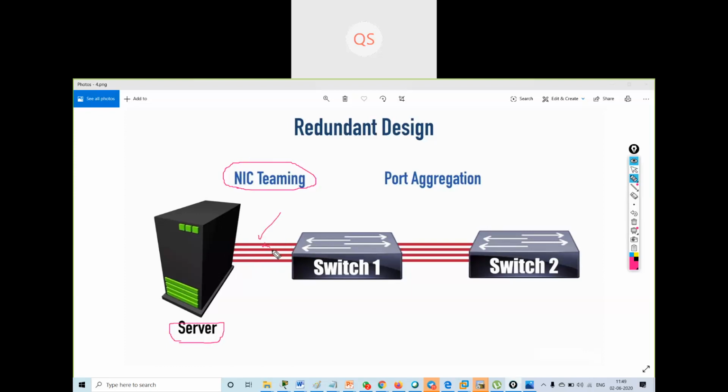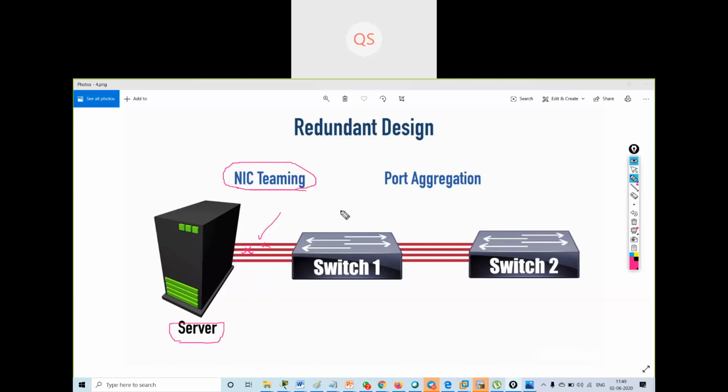If one link fails, I have another link, three links, four links. With NIC teaming, I can make a team of NIC cards and connect it to a single switch.